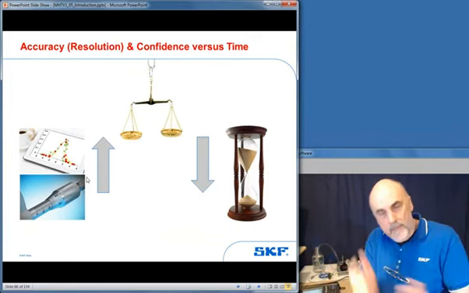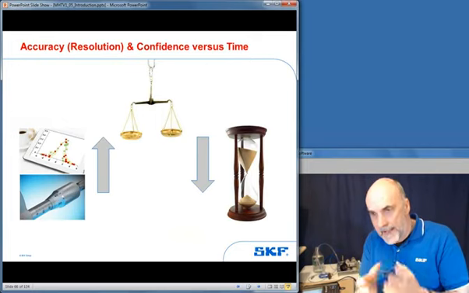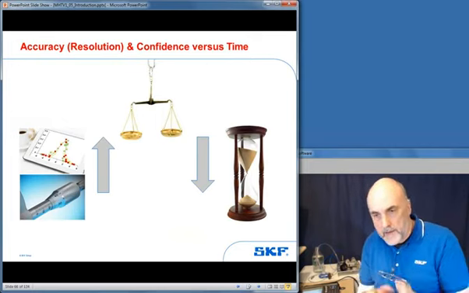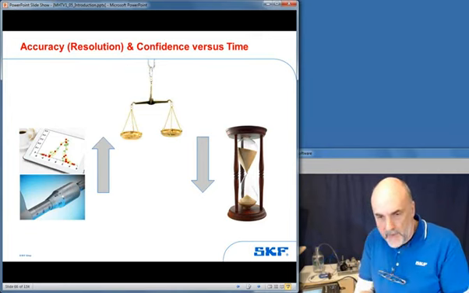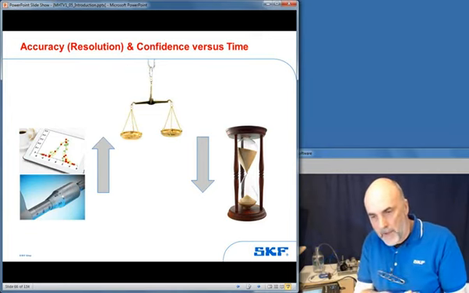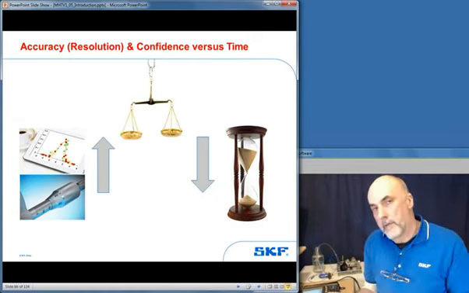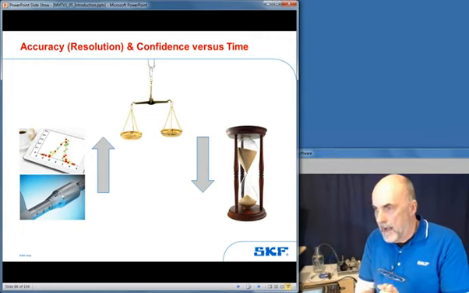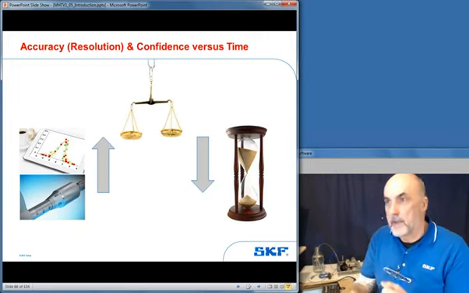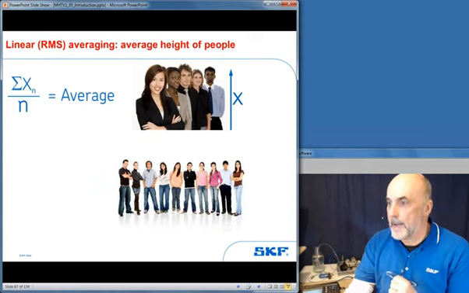And it's a balancing act. We're going to be looking at statistics and data, and you would think that throwing lots of averages at a problem would be a good thing. You get better resolution, better statistical accuracy, but the trade-off is the length of time it's going to take to do your survey and your measurements. So we need to think about it carefully rather than just glibly going ahead.